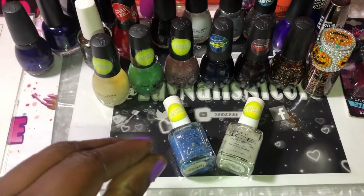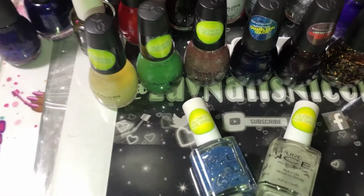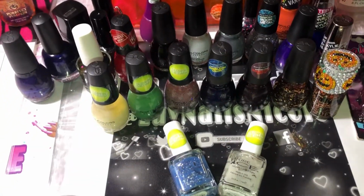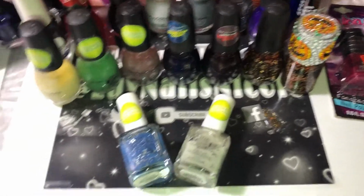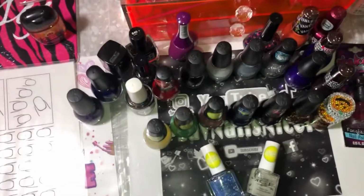But this is what I pulled out and wanted to share with you guys, which is some of my favorite ones. I haven't really used them much, but they're my go-tos at Halloween time. So I actually have to figure out which ones I want to use and start wearing them this month before it's over. I think I have about 20-something polishes here that I counted. So let's see. I will start with